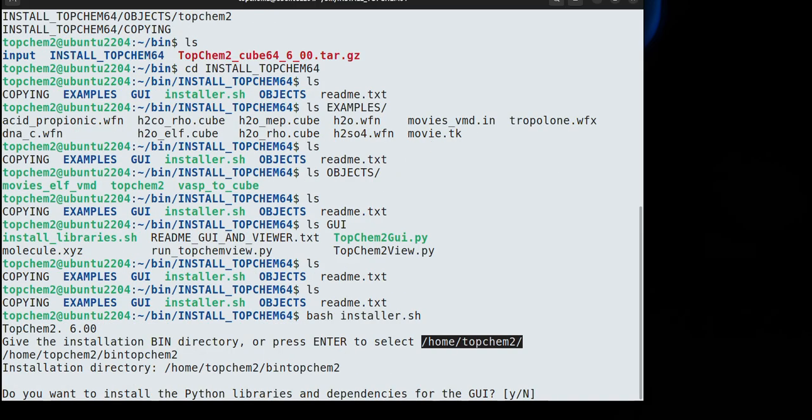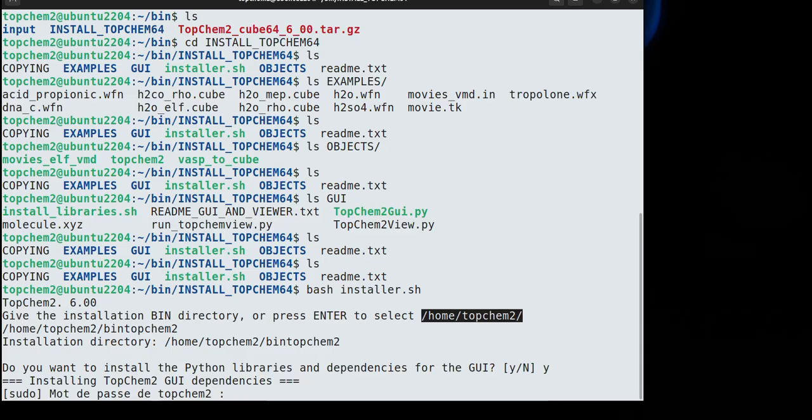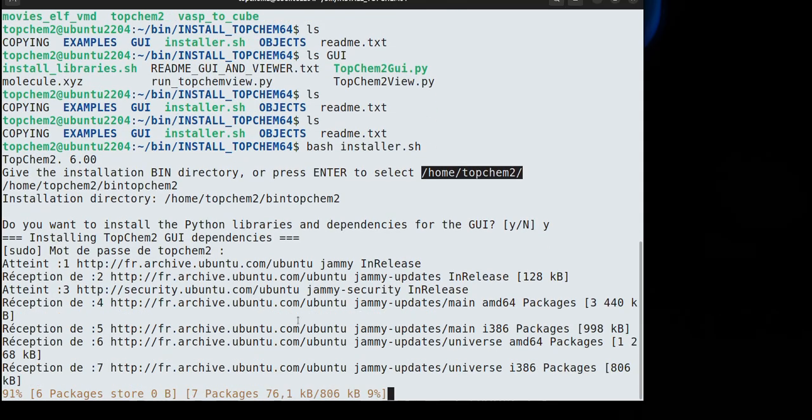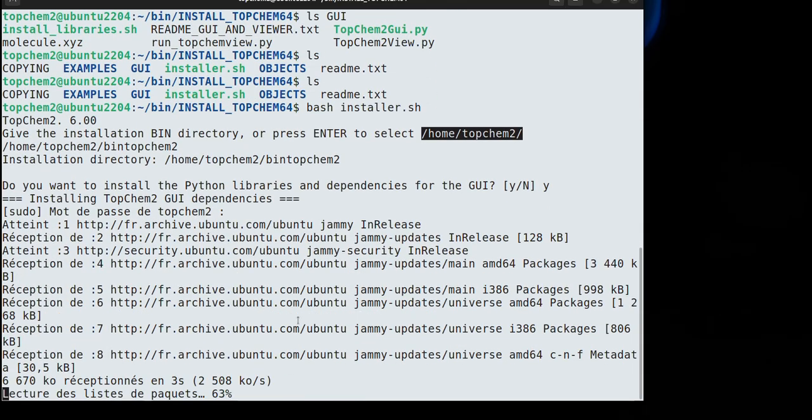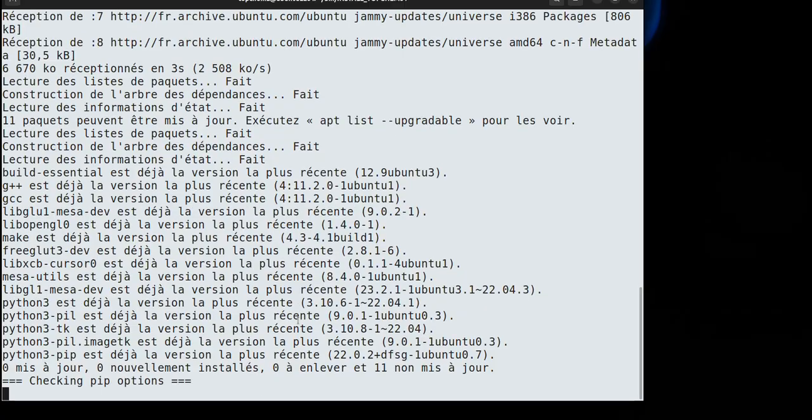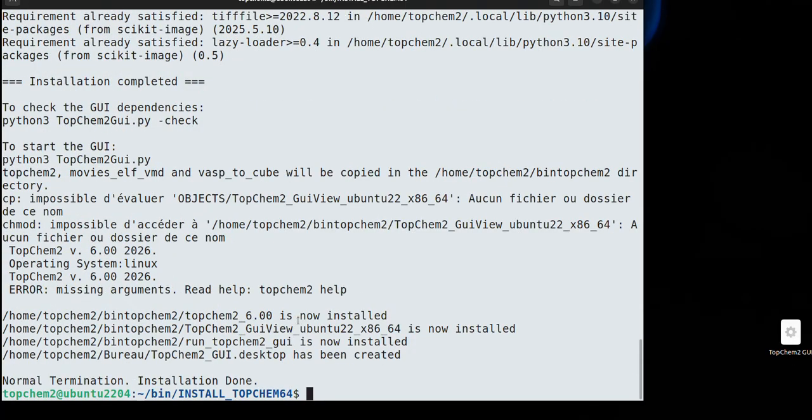If no binary version of the graphical interface is available, you need to install the Python libraries. So, in this case, yes, that is what we need to do. The installation now begins. Alright, it is finished. Now, if you look in the bin directory,